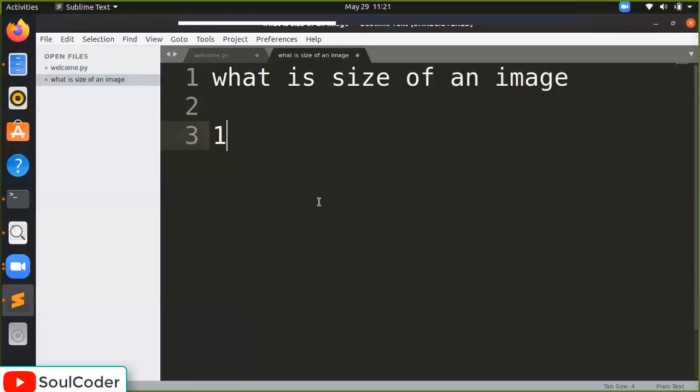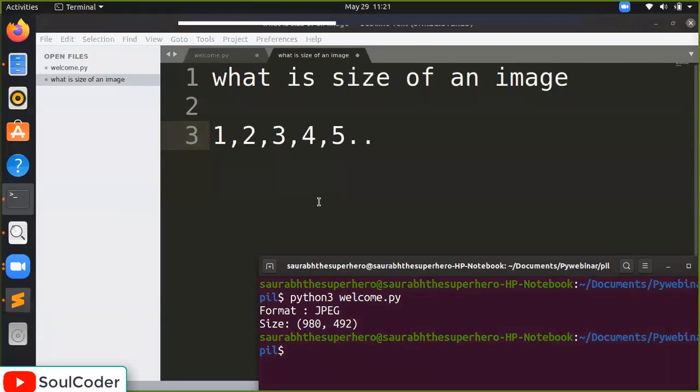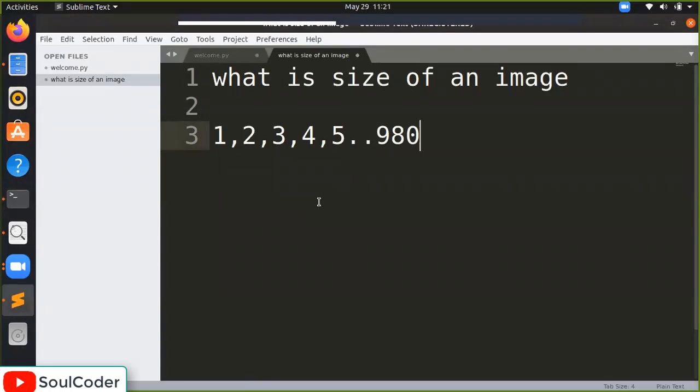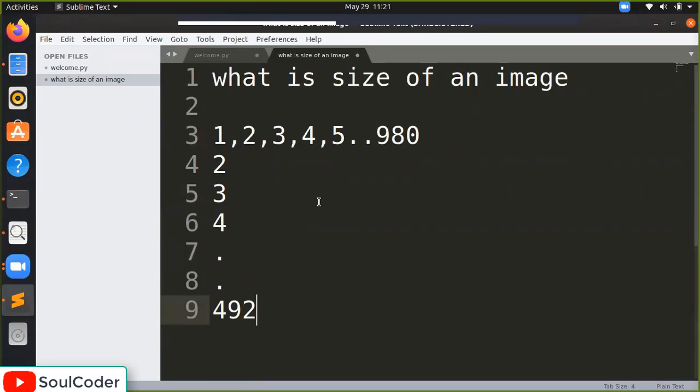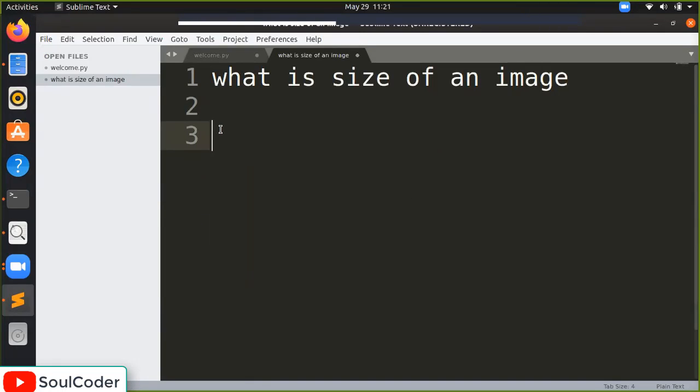It goes like 1, 2, 3, 4, 5 till 980, and goes like 1, 2, 3, 4 till 492. It continues this way. Okay, so this is the size of an image. I hope everyone is understanding.